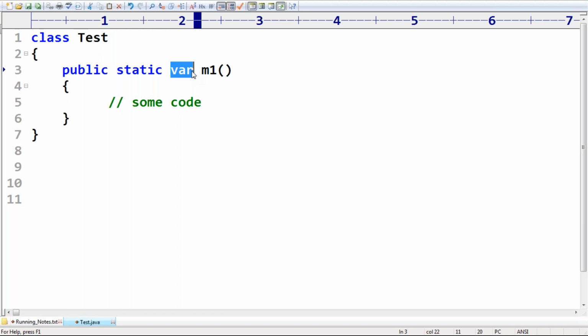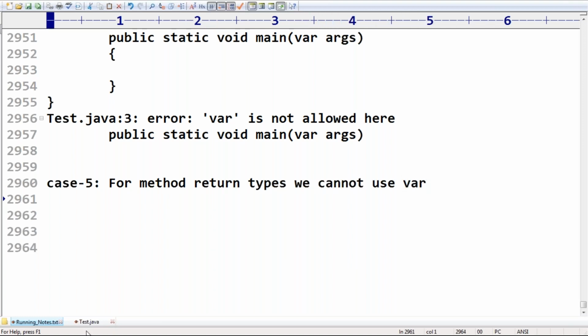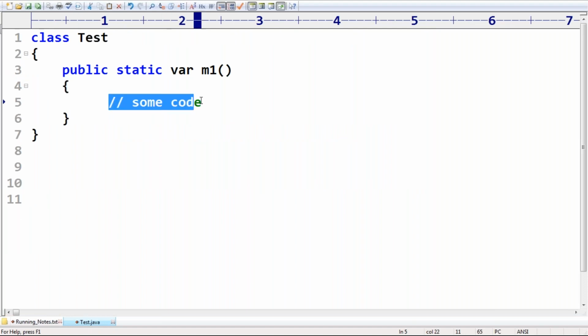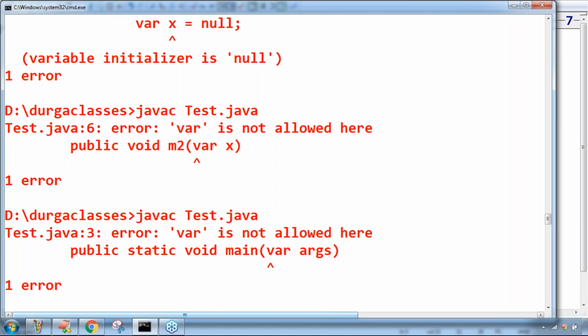So var is not permitted in method return types. For method return types we can't use var. Now, if I take it like this, observe what compile error we are going to get.